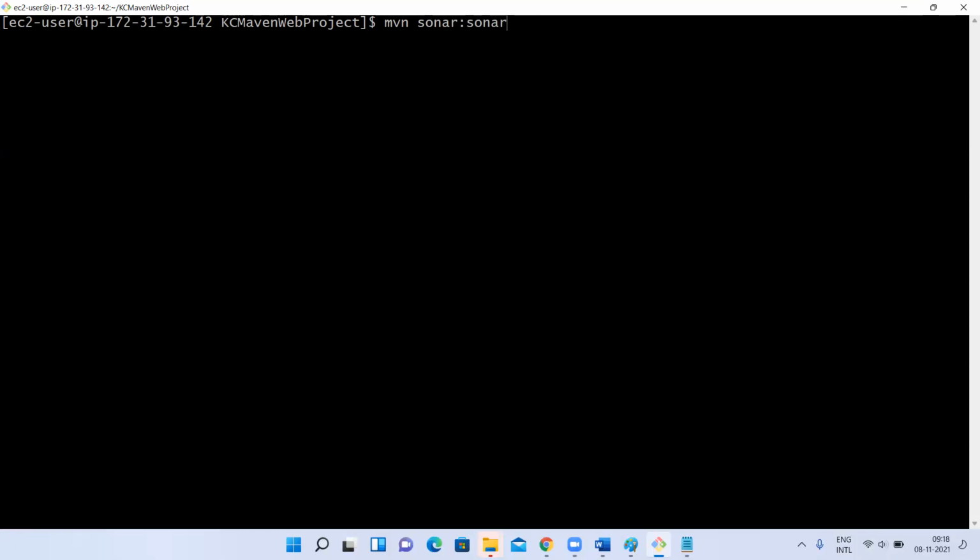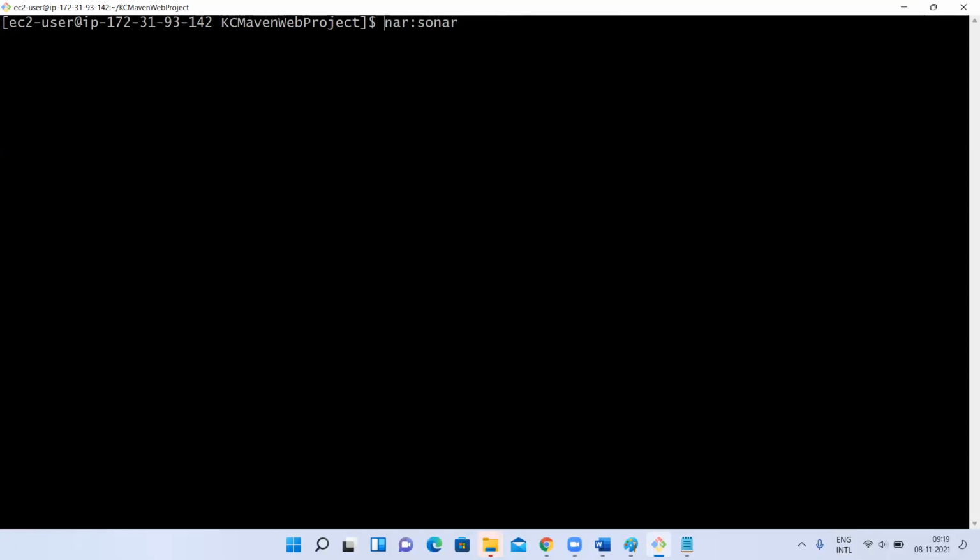But if you give mvn clean package, it is going to clean first, then generate the artifact, then run the sonar, means it scans your project. I don't want to do that, I just want to scan it. You can do it. So this is very important.